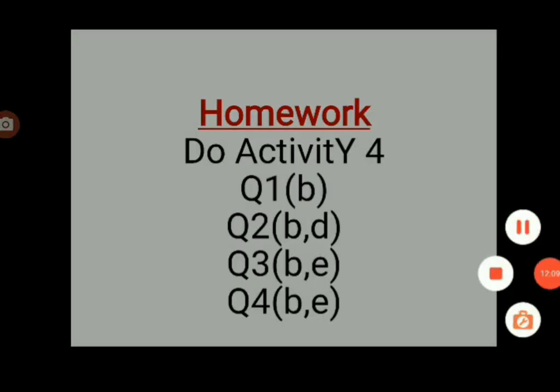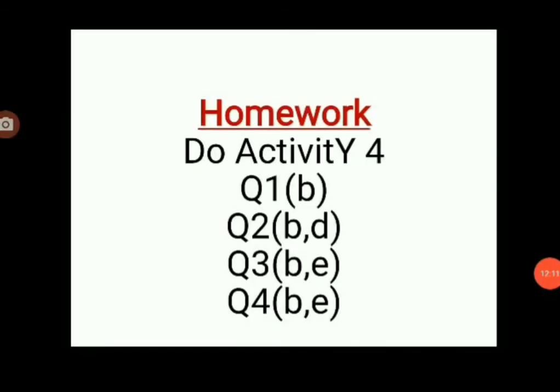Clear? Today students, we have done conversion. Conversion of hours to minutes, minutes to seconds, minutes to hours and minutes, and seconds to minutes and seconds. And for that I told you, when we move from hours to minutes, we always do multiply. Minutes to seconds, we always do multiply. By which number? By 60. And when we move from seconds to minutes, we do divide. And when we move from minutes to hours, we always do divide.